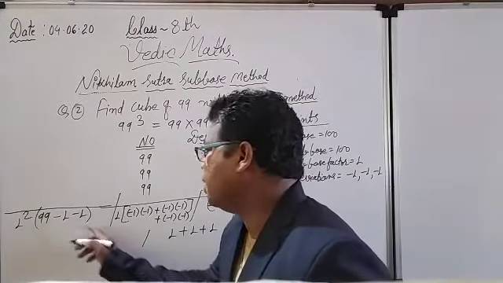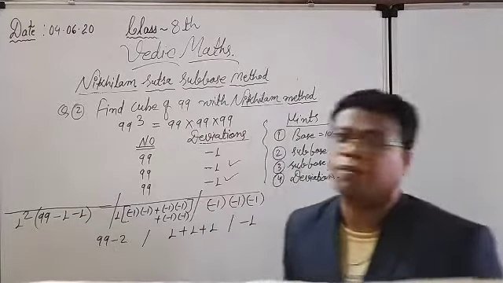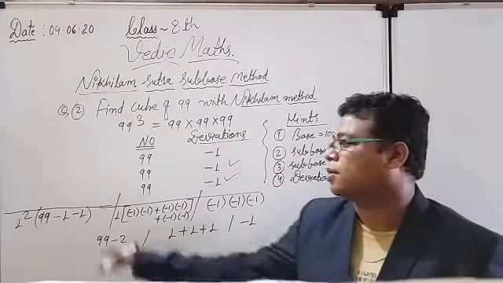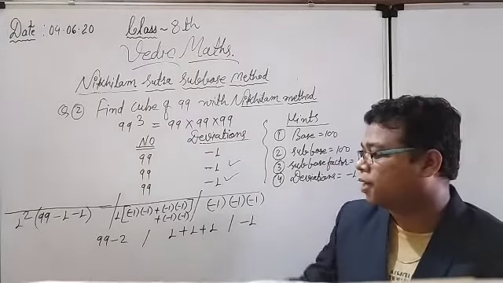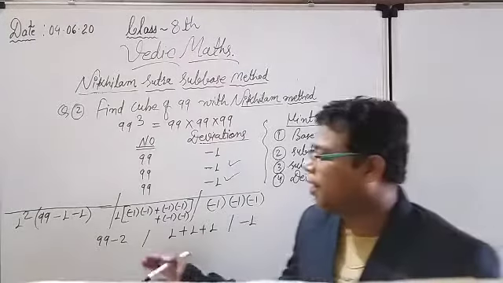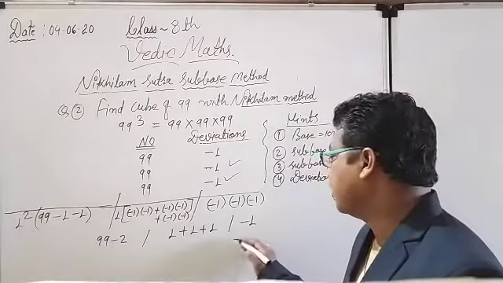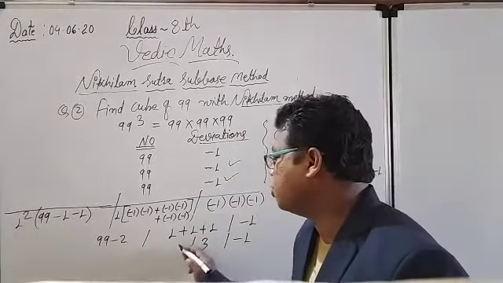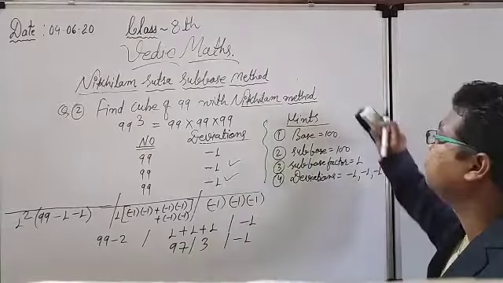Here you can see 99 minus 1 means 99 minus 2, because both the minus 1 and minus 1 will make minus 2. Okay, because if there is a pair of integers having the same sign, a negative pair of integers, they will be added with each other. That 1 square will not affect this particular thing. So minus 1 here, and here 1 3, and here 99 minus 2 will give me 97. Is there any difficulty? I don't think any difficulty will be there.